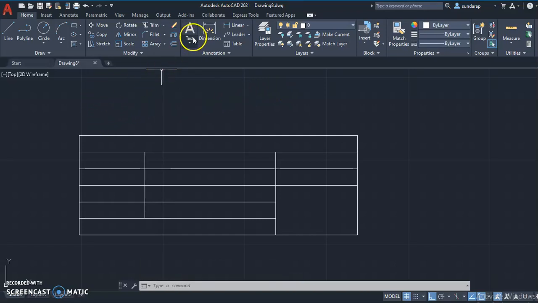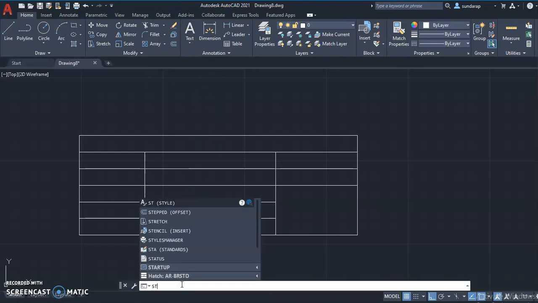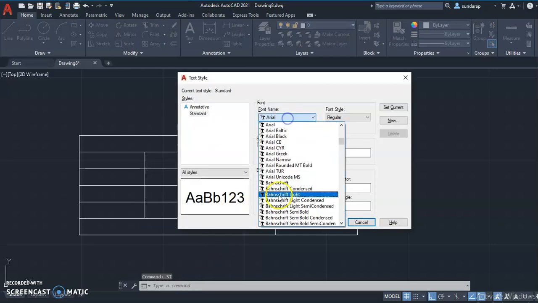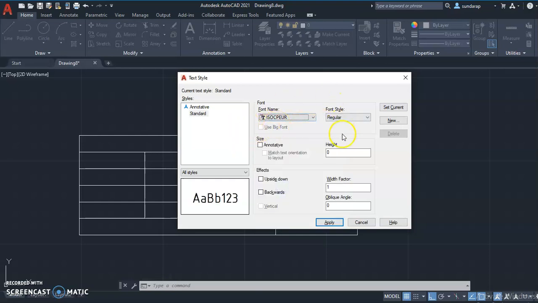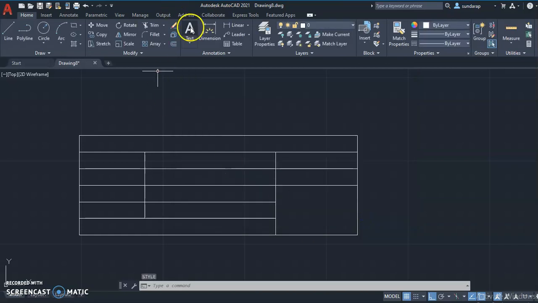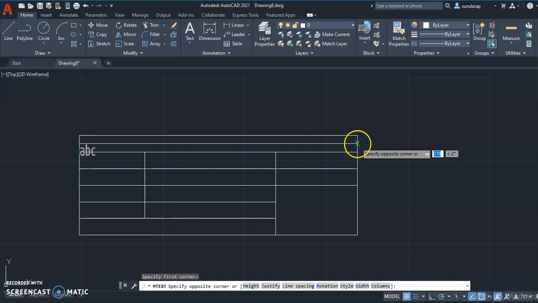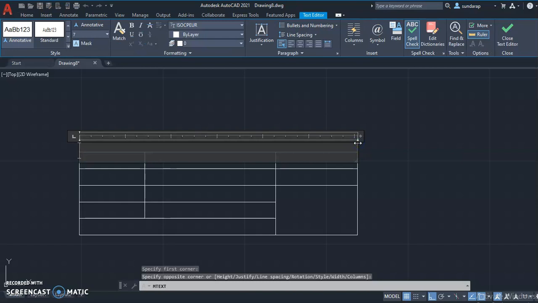So here I am going to write the text. Text style you can fix it. So hide text style. I am going to use ISO, just press I. So let's go to the ISO I letters, then set 7 mm height. So the title I am going to write in 7 mm height, 0.7 width factor. So select the text, specify the first point, then specify the uppermost point. I am going to specify over here. Okay. So now you can write.